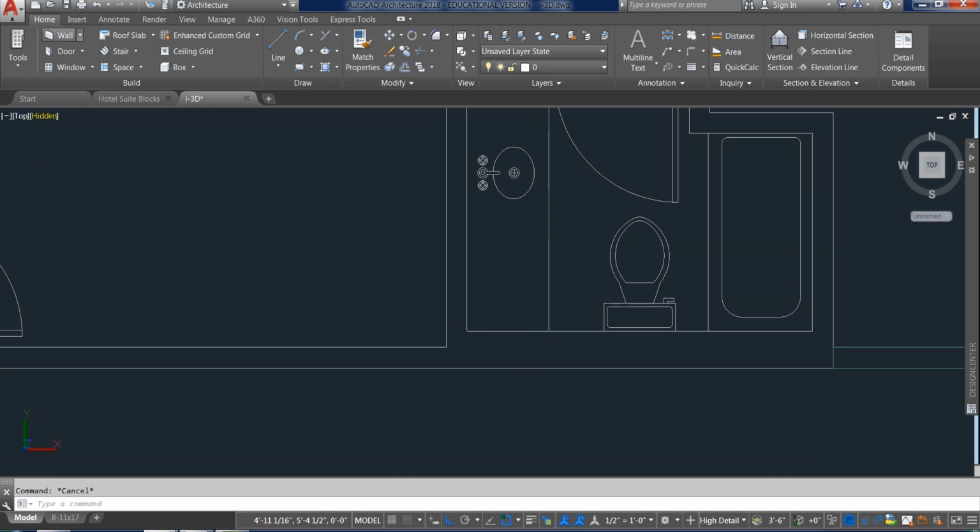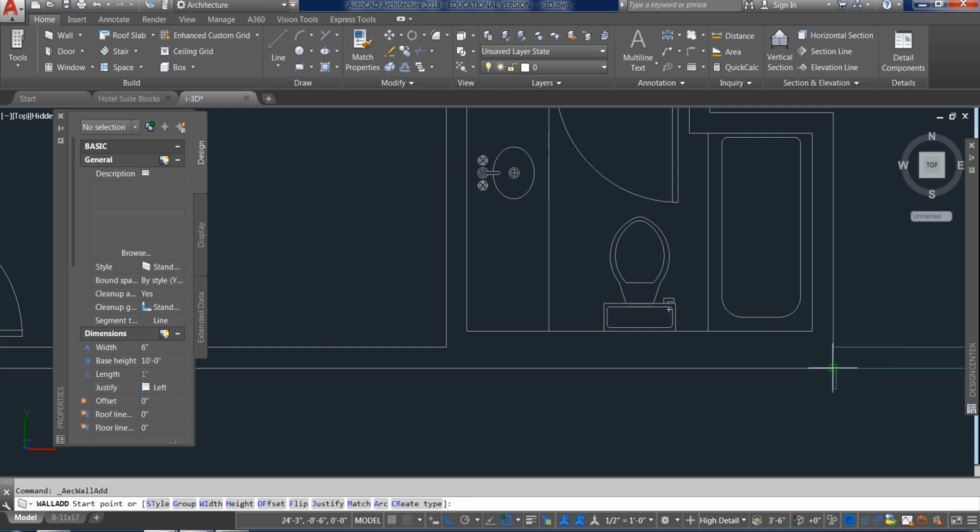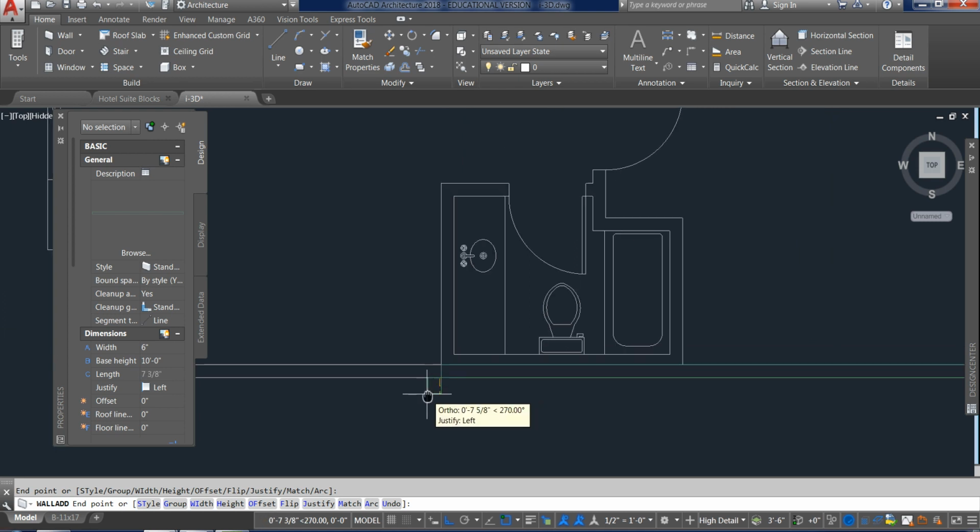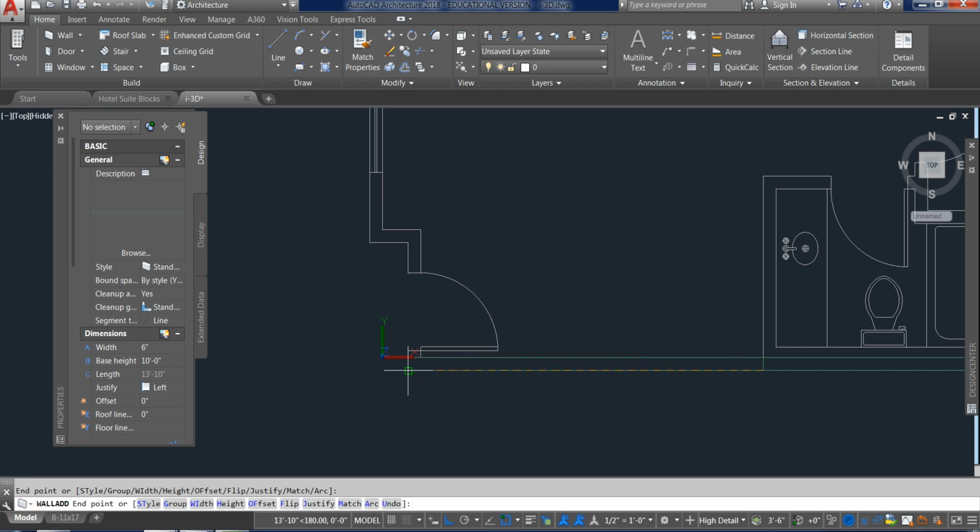And it looks like I lost my wall, so let me bring it back in. So I'll go from here to here, and because I have object snap on, I'm basically toggling to snap and then come down, or I could have it set to perpendicular, which would probably make that a little bit easier.